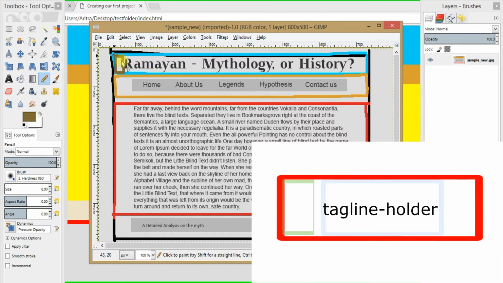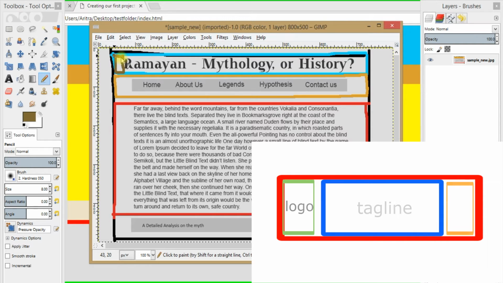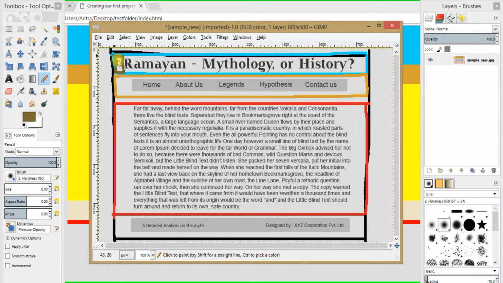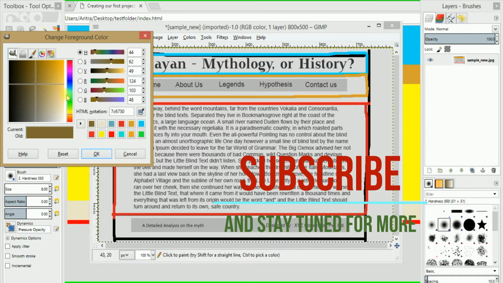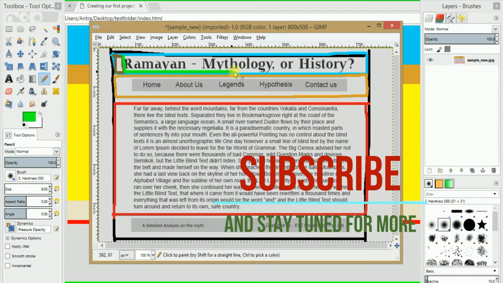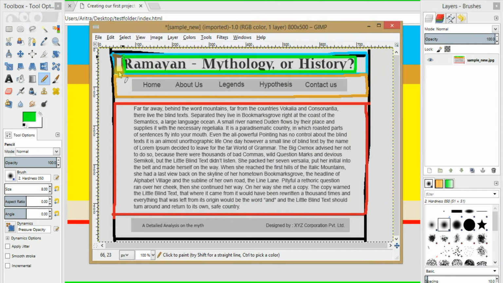As I have told you in your previous tutorial, there should be a logo that will be placed into this particular box over here. It is residing at the extreme left, and if there is no such logo from the customer's end, then this place should be left empty. And then you can see here that the tagline holder itself is actually the second child div that is containing the tagline over here. So this is the child div number 1, this is the child div number 2, and of course the remaining part should be left for the child div number 3.